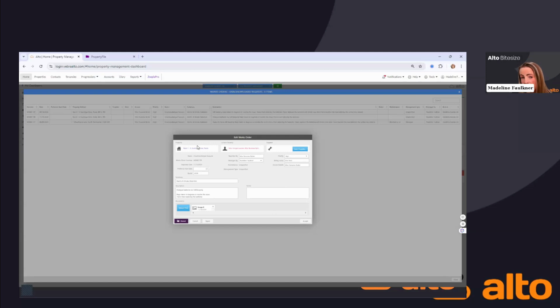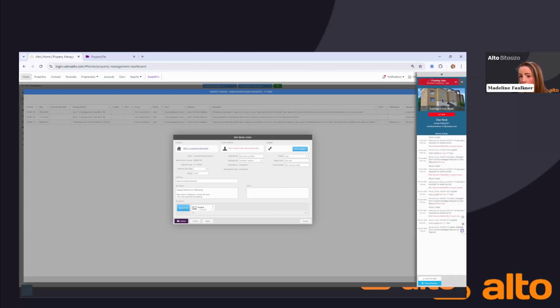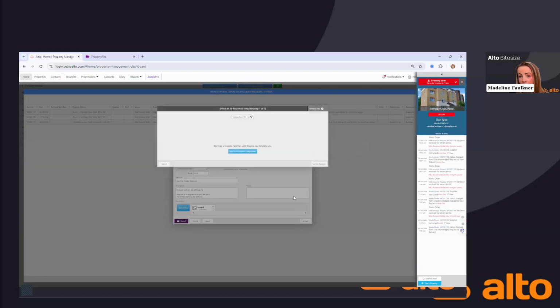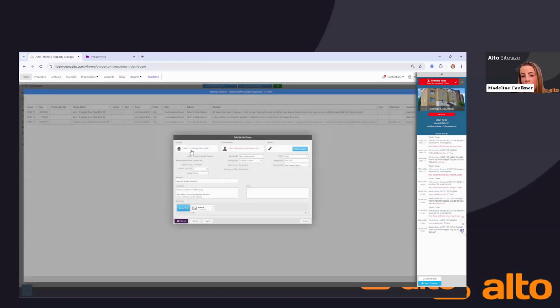And we can quickly access the details for the landlord by clicking on the property here, and it comes into the right. And here you'll be able to see the landlord's details, their name, their mobile number, and their email. I can call them, or if I want to email them, I can simply click on the email and it will allow me to send them an email with a template if I've got the template set up. So here, you can also email a picture. So you can see this image. If I click in here,